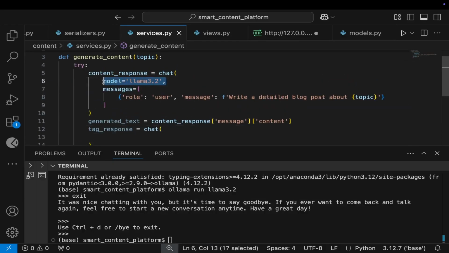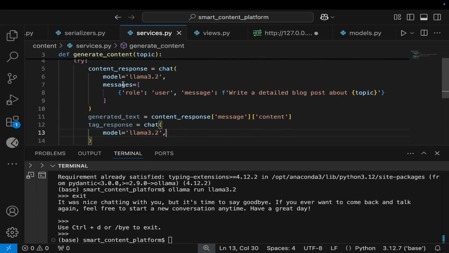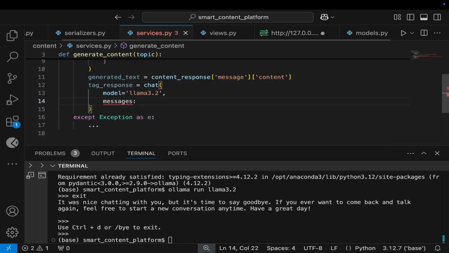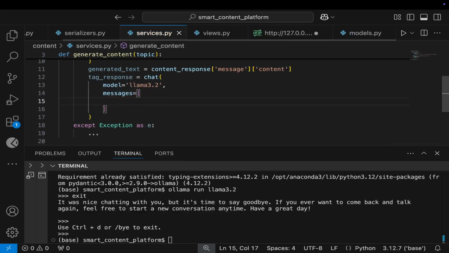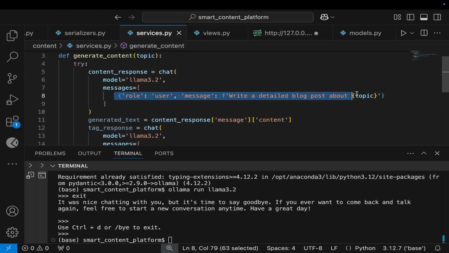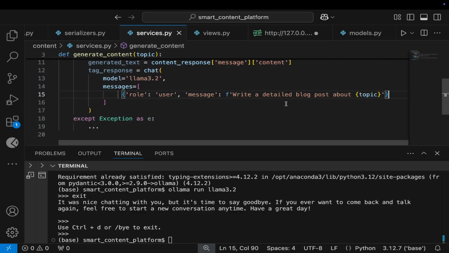We shall have a model. We shall use the same model for that, and also a similar message. This is of course a list, and for this one we shall have the same thing, a role user and a message. So I'll copy and paste this there, but this time we shall change the message, and the message this time will be,